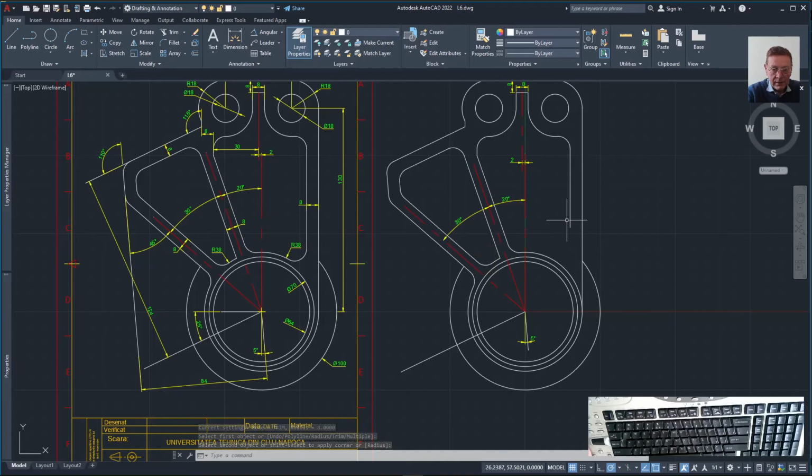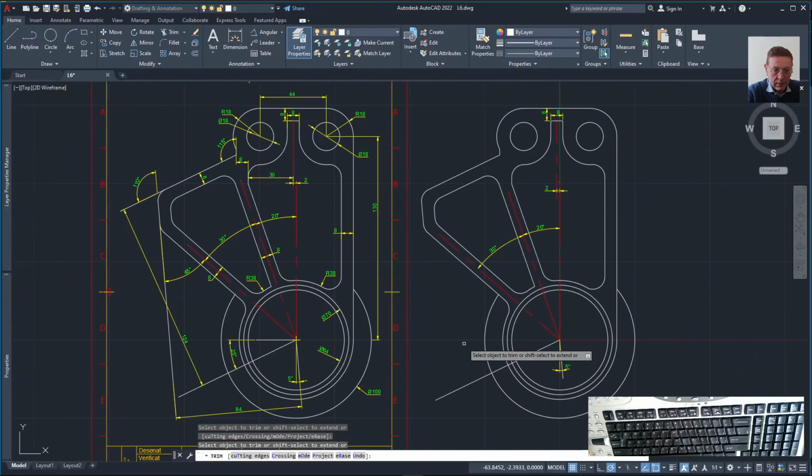Now, as you may see here, I want to realize let's break this. Let's break. Okay, and make a fillet between this arc and this one. Okay, let's trim. I think we are already finished